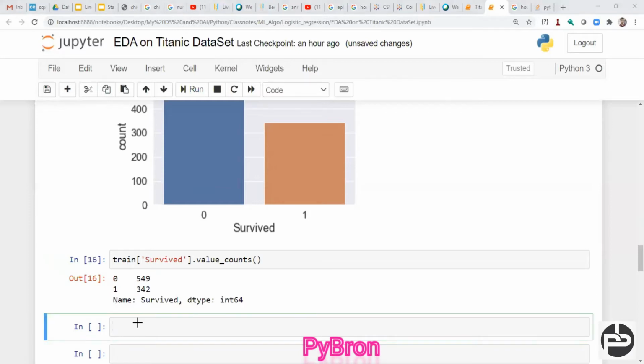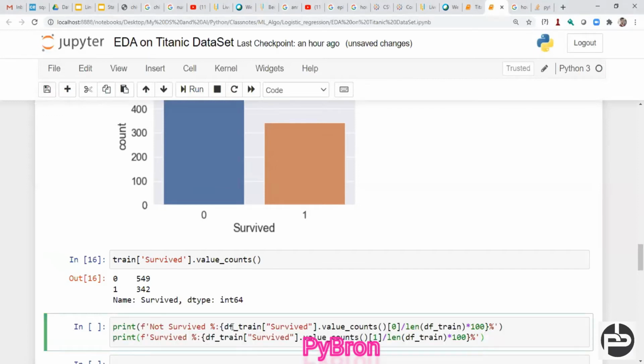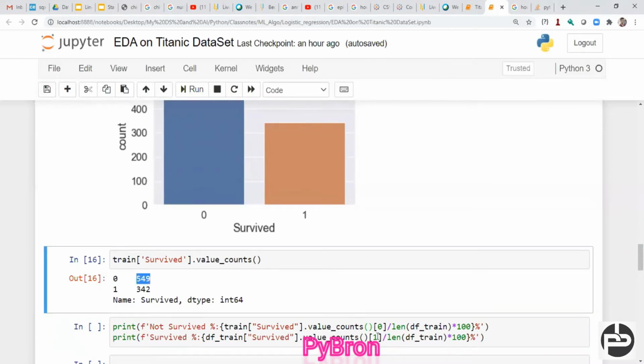And now if you want to check the percentage of people who survived and did not survive, how do we calculate it? Just like this: train survived dot value counts, 0 means this one, 549, divided by the length of the complete data frame, and we put it in a format.